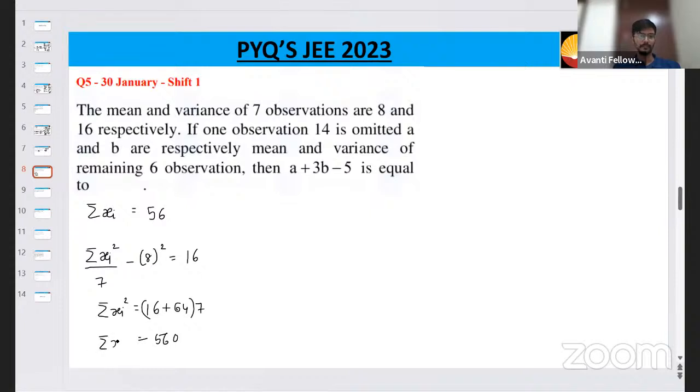Summation xi squared is 560. So we got these two equations. Keep in mind, guys, one observation 14 is omitted, then A and B becomes the mean. Now, if the observation 14 is omitted,